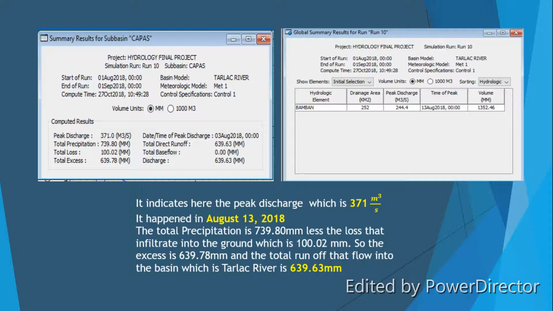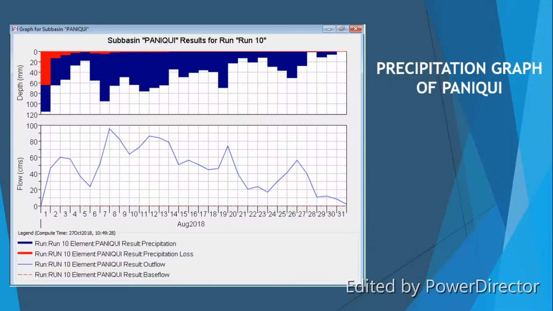It also happened on August 13, 2018. The total precipitation is 739.80 millimeters, less the loss that infiltrates into the ground, which is 100.02 millimeters. So the excess is 639.78 millimeters, and the total runoff that flows into the basin, which is the Tarlac River, is 639.63 millimeters. The precipitation graph of Paniki also shows that on August 1, there are more losses than the water